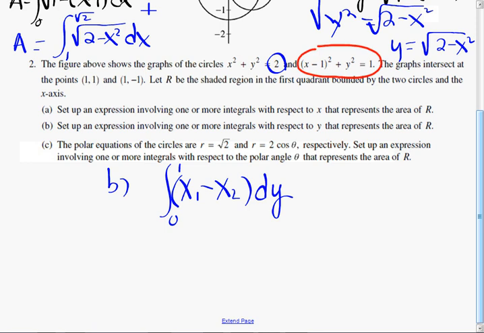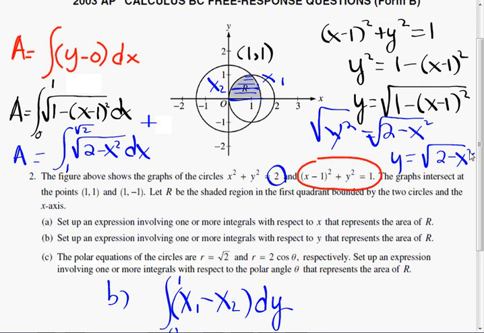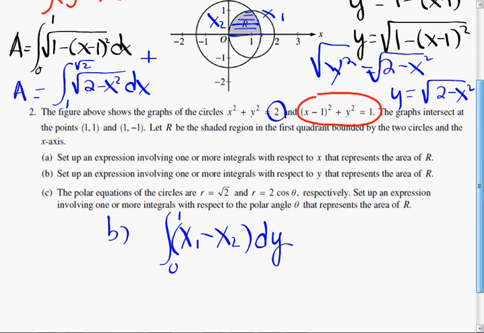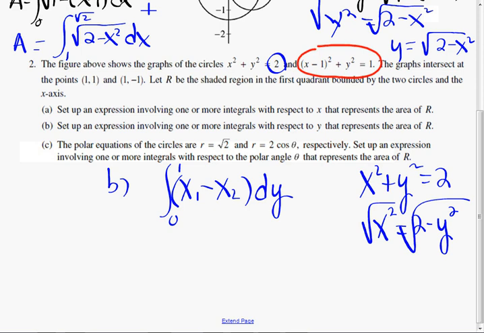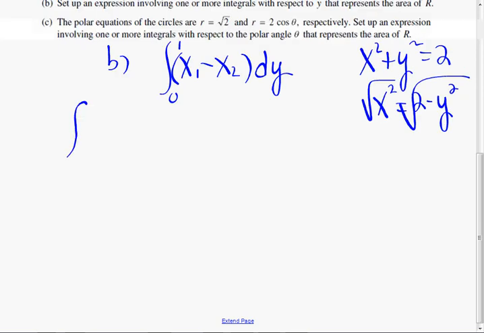So let's see. I want this x value first, which is x squared plus y squared equals 2. So x squared equals 2 minus y squared, and I want the square root of that. So it's from 0 to 1, and it's the square root of 2 minus y squared, minus, and then I have